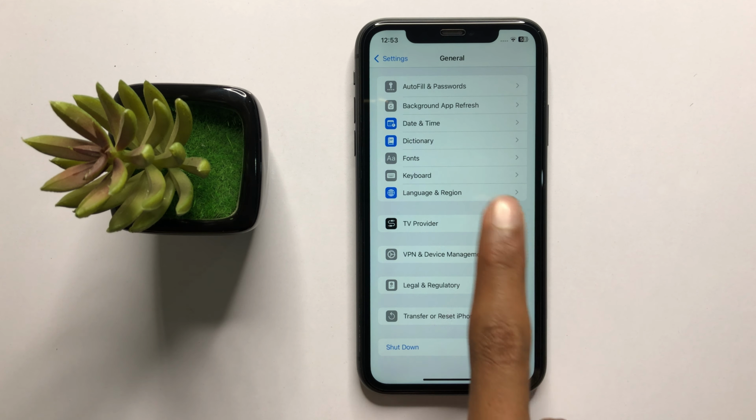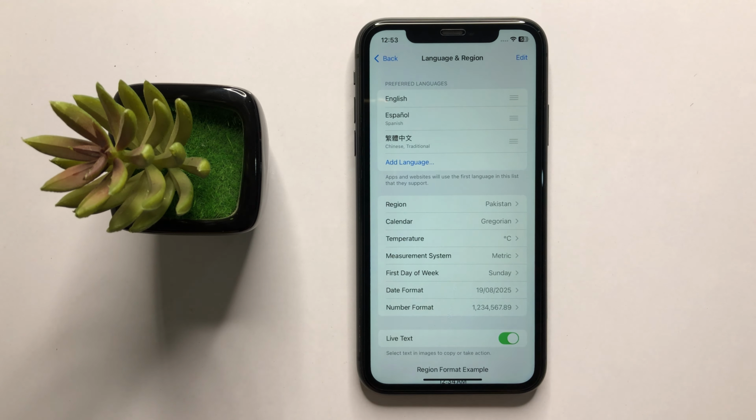Now click on it and then click on add language. Now here you can add a language. If you want to add any language, then simply click on it and then add. Now here you can see my language will be added, and if you want to delete a system language, then